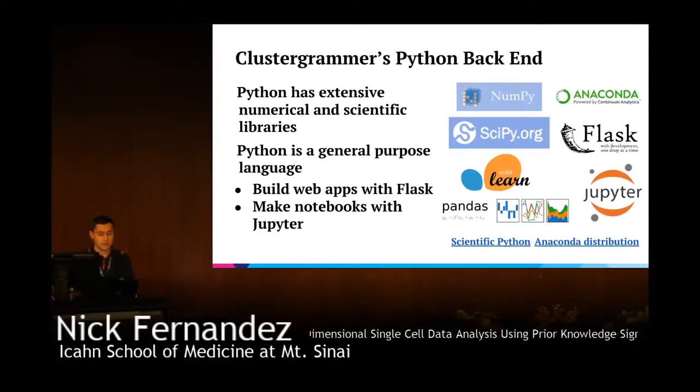Now for the back end, the clustering and data analysis, we chose to use Python because Python has an extensive numerical and scientific ecosystem, and it's also a general purpose language, so you can build web apps and Jupyter notebooks and that kind of thing. We also built a small web app that accompanies the Clustergrammer project, which I don't explicitly mention here. So I'll just quickly